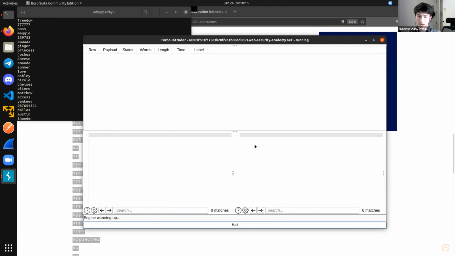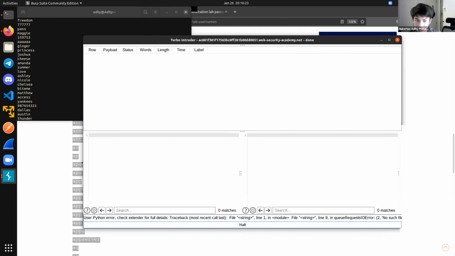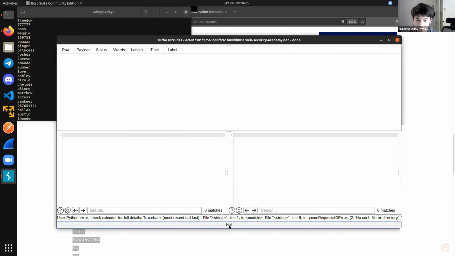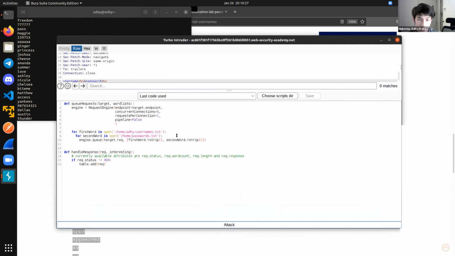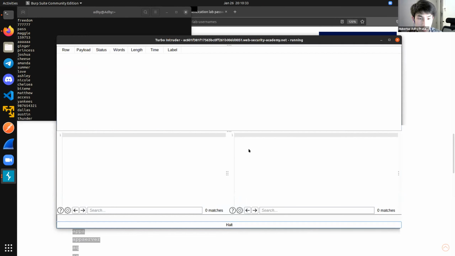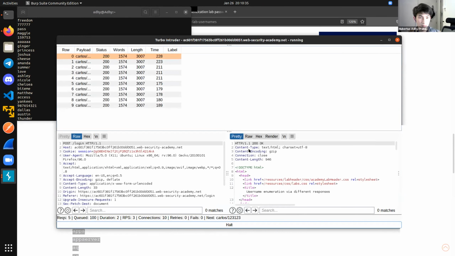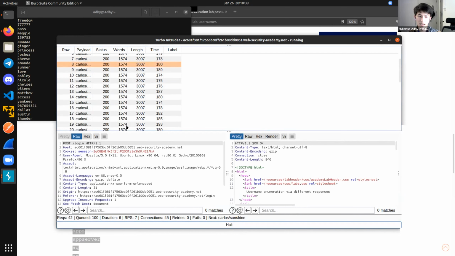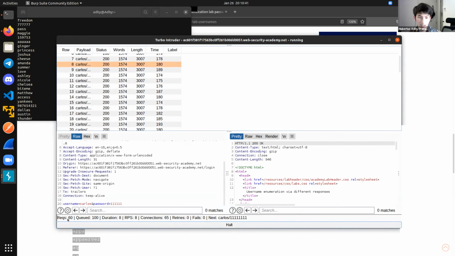The engine is warming up and, whoops, sorry. What is this? No such file or directory. Whoops, sorry, my bad. Oh, home Adhy. Then we attack. Basically it will try to attack the endpoint, and you can see the request is